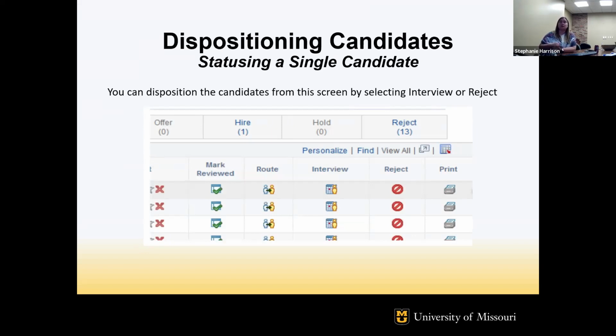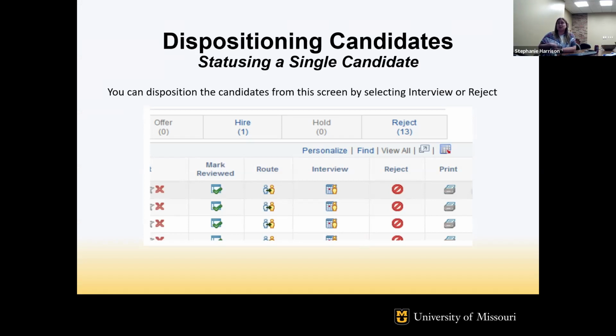Okay. And one of the reasons why we need to know that is if someone ever comes back and claims a grievance for why they weren't selected or why they weren't interviewed for a position, we can look back on this and see, oh, they were rejected because they didn't have the preferred qualifications or the preferred experience for this particular position. Okay.